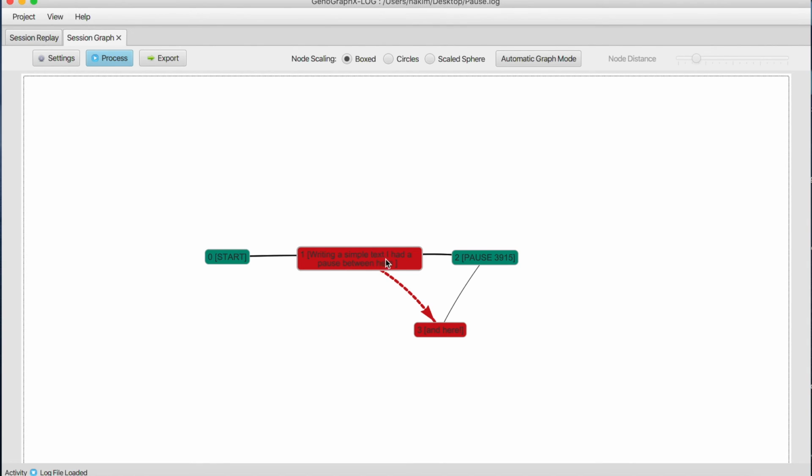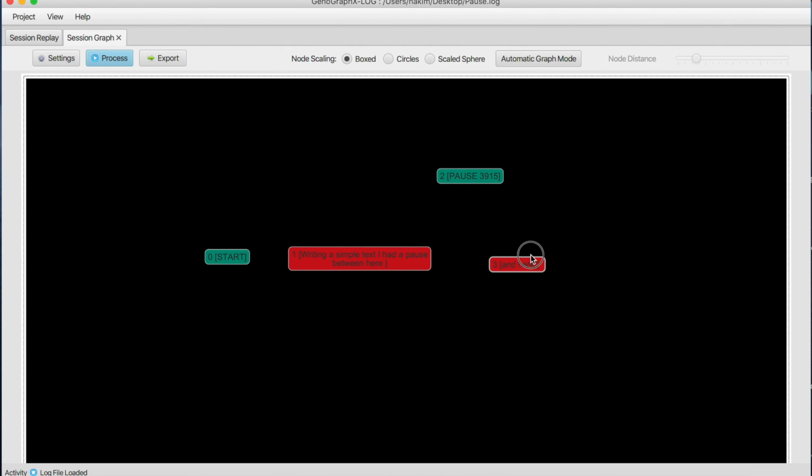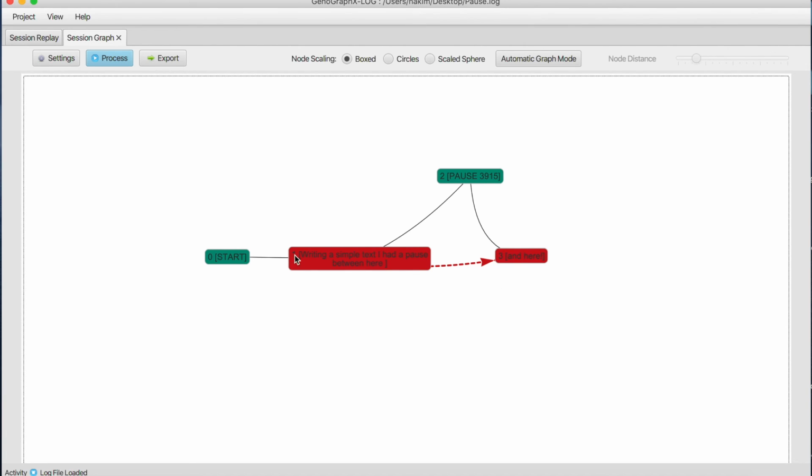"writing a simple text, I had a pause between here and here." So if you read the text, it is "writing a simple text, I had a pause between here and here", but between the words "here" and "here" there was a pause of